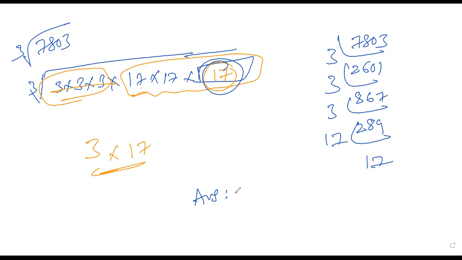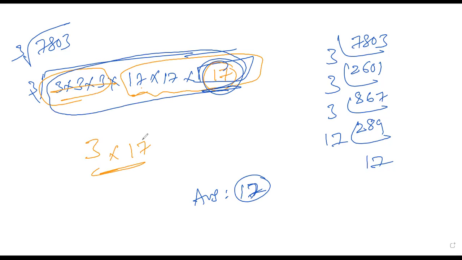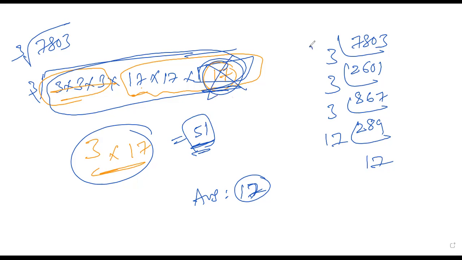The answer is 17. If you multiply the given number with 17, the total number becomes a perfect cube. The cube root of this entire number is 51, because when you multiply with 17 it becomes a perfect cube. Otherwise it would not. Previously 17 is not available. By making this analysis we understand that 17 is required. So this is a way of approaching it: multiply a number so that it becomes a perfect cube. Now it looks like a perfect cube.